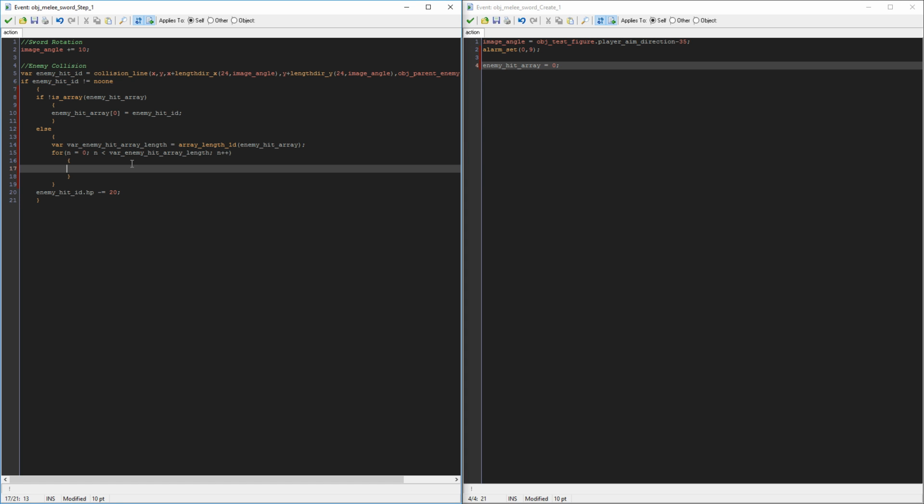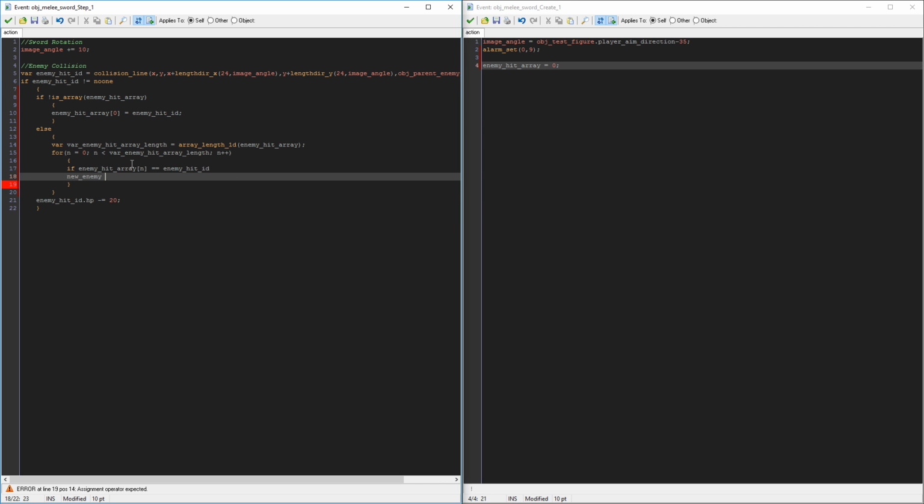So if enemy hit array n equals enemy hit ID, then